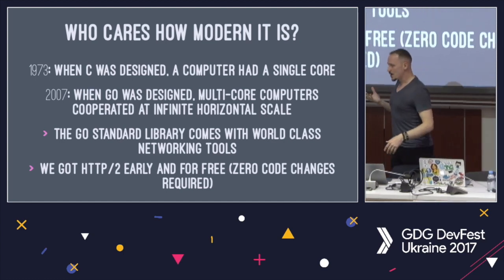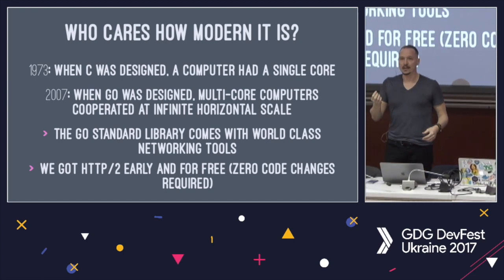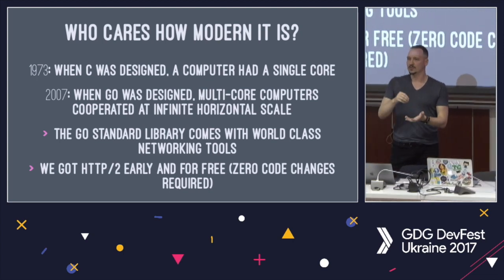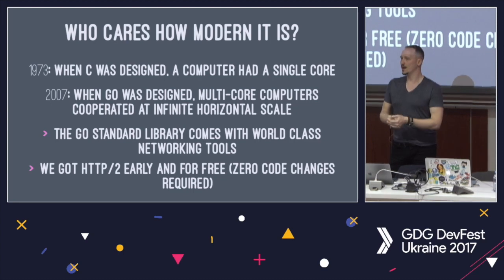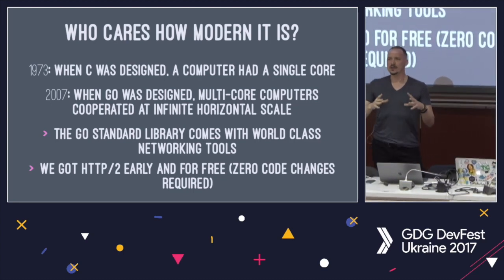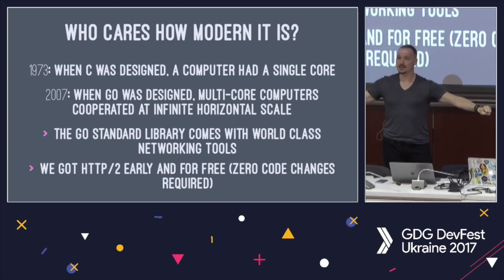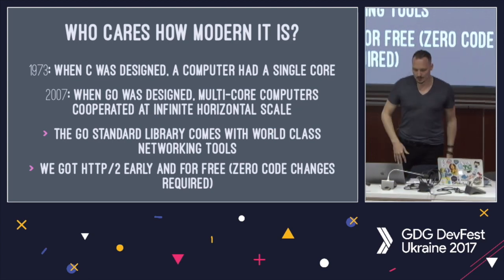So when Go came along, they started to think about that, and they built into the language things that allow you to really maximize the cores that you have on the machine. And the networking stuff in the standard library is pretty solid, it's great, and that helps when it comes to building things that can